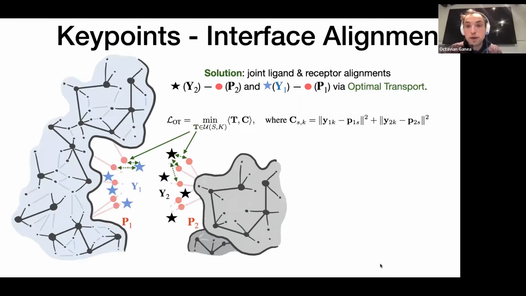So our solution here is to predict jointly the two alignments, Y2P2 and Y1P1, via the idea of optimal transport. Optimal transport is a very nice mathematical formulation of matching two sets of objects, maybe sets of different cardinalities, and also in a way that gives us the alignment between elements in the set. So it both finds a set distance as well as an optimal alignment between points in a set,